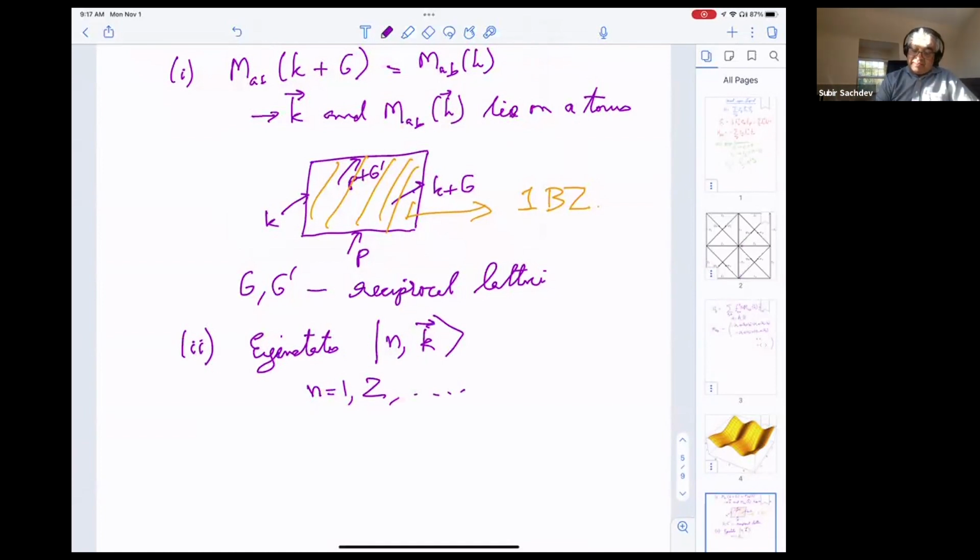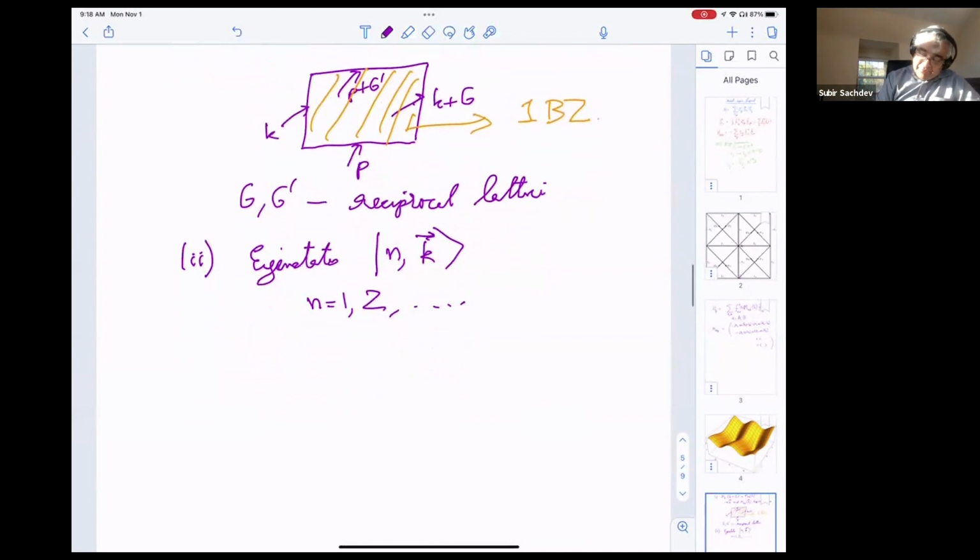And these eigenstates are only determined modulo a phase factor. You can multiply them by an overall phase factor as you wish. And now it turns out that there's some uncertainty in that phase factor, and there's some interesting structure associated with that. In particular, if you determine this set of eigenstates, n of k, then n of k plus G